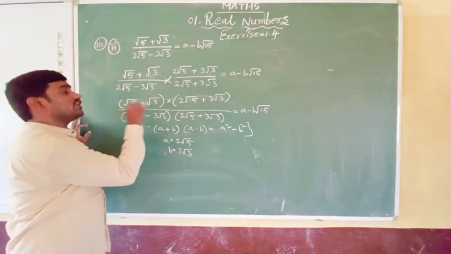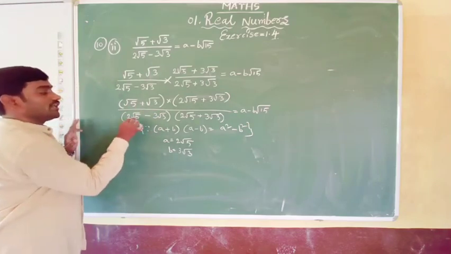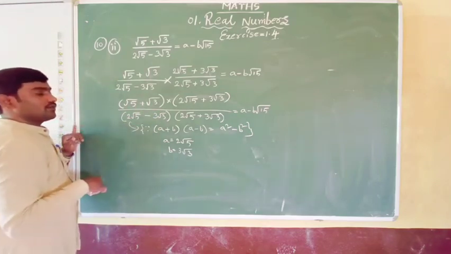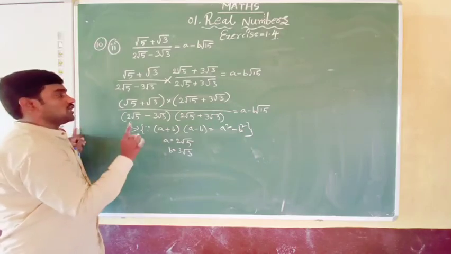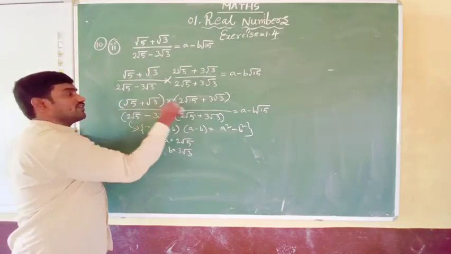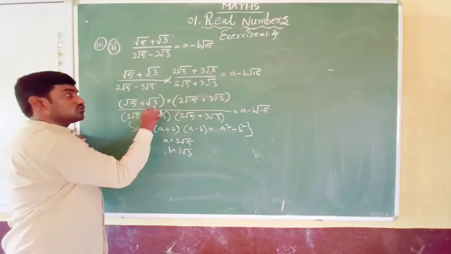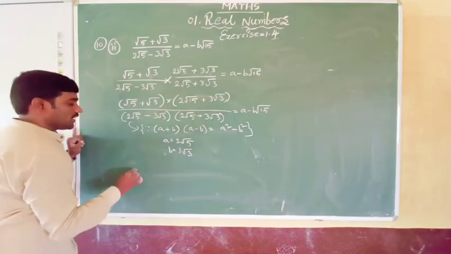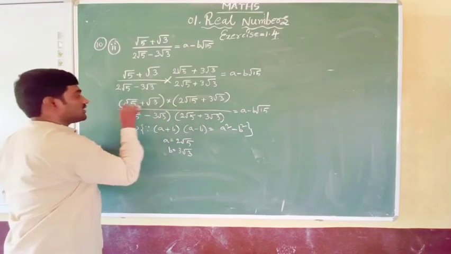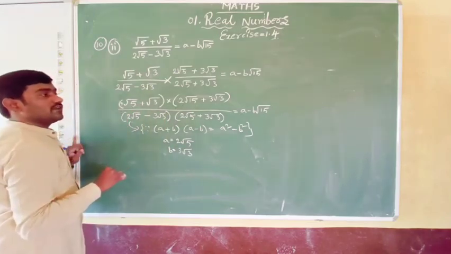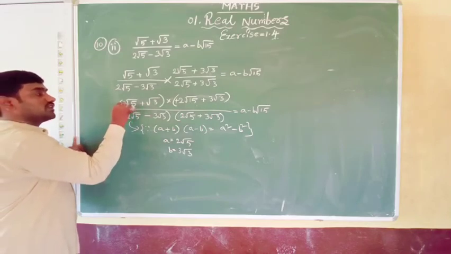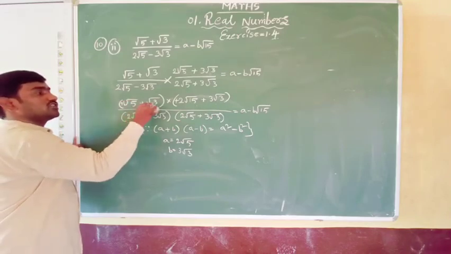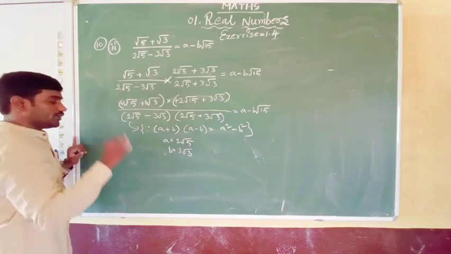So we need to think about the numerator part. We have just written this denominator in this form. So whatever the numerator part is, we need to multiply. There is no chance otherwise. Okay, here with root 5 we have to multiply these two terms, and with root 3 we have to multiply these two terms. Let us multiply root 5 into the first. First the numbers, then the square root numbers. How many root 5s are there here? 1 root 5 is there. How many root 3s are there here? 1 root 3 is there. That you need to remember.